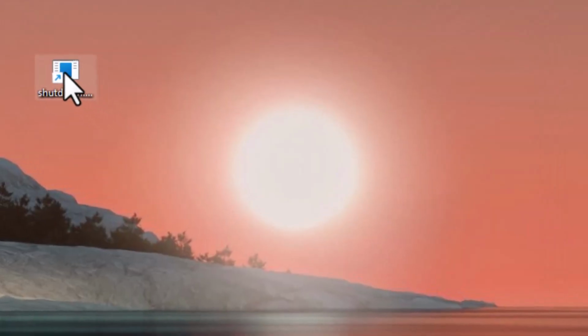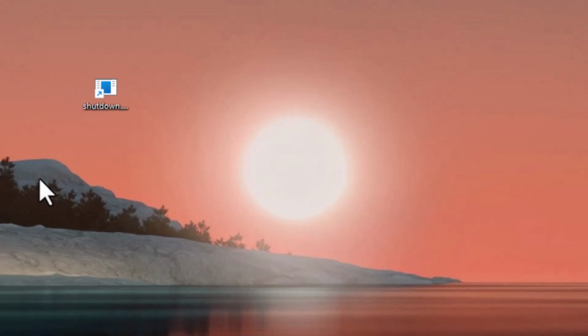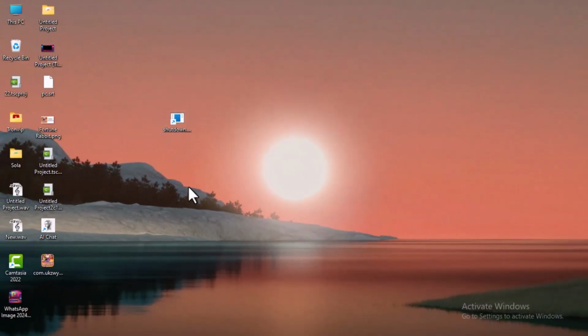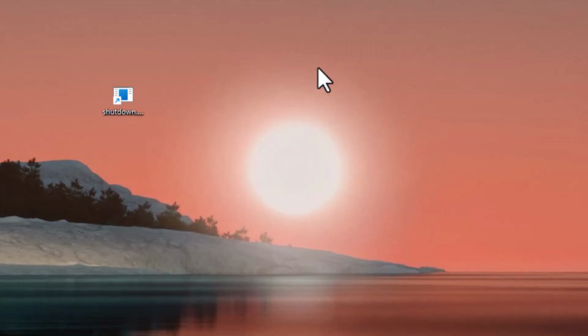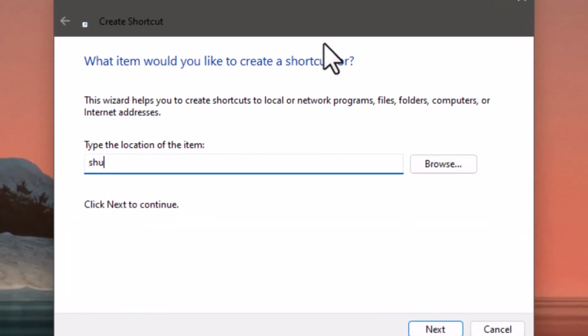So if I double click on this button right here, my system will go off. If you want to restart, today let's learn how to restart and how to hibernate as well. To restart, you have to right click once again, select New, and then go for Shortcut. Now in here you type a similar command, shutdown,